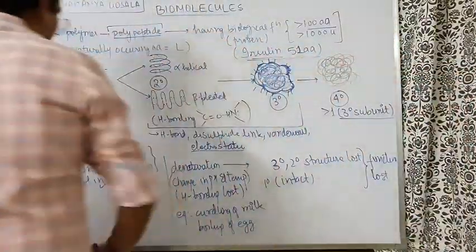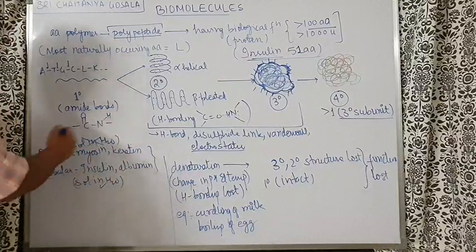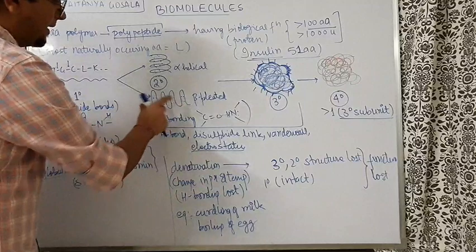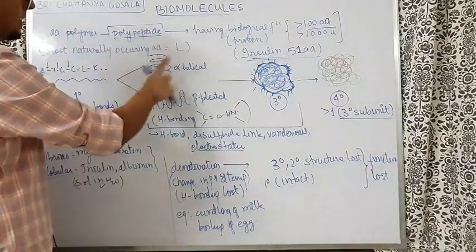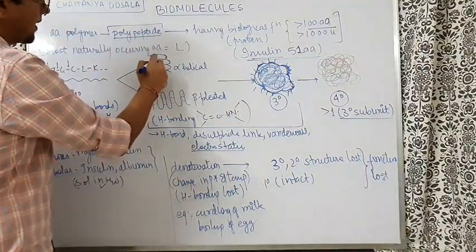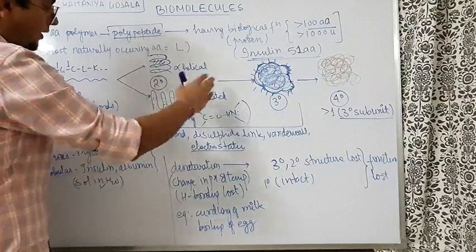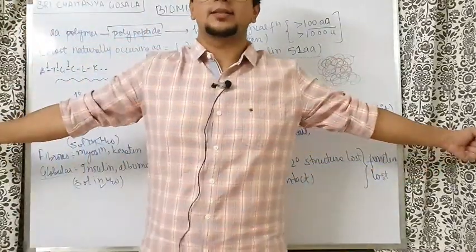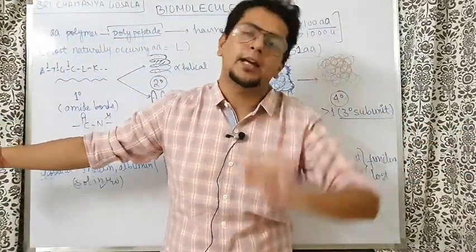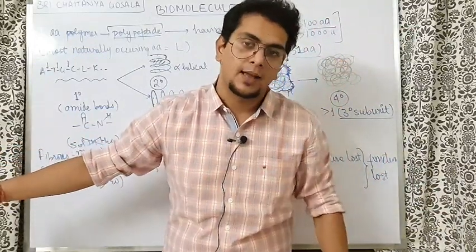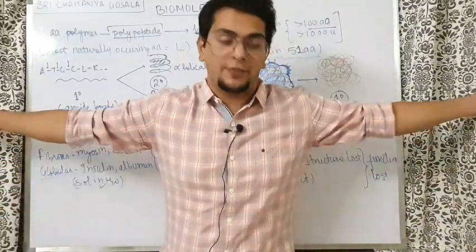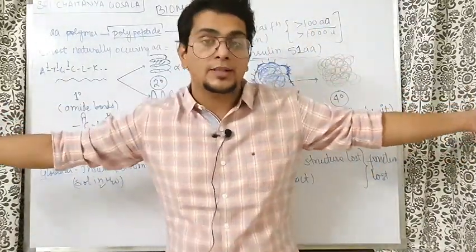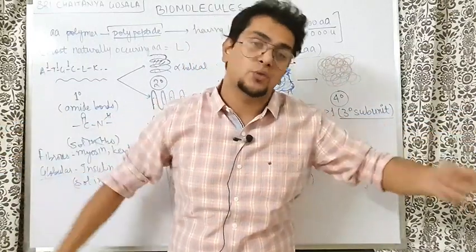Now, what about the fibrous structure? Fibrous proteins are like myosin and keratin. They are not soluble in water. How are they made? Beta pleated. Now here in the alpha helical, you can see some groups are projecting outwards, some groups are hidden inside. But in the beta pleated, all the groups are projected outwards. It's like a sheet. Now think about it: out of 20 amino acids, the majority is water insoluble. 16 amino acids are mostly water insoluble. If everyone is projected outwards, we get a fibrous kind of protein, and if every amino acid is projected outwards, solubility in water is going to be negligible.